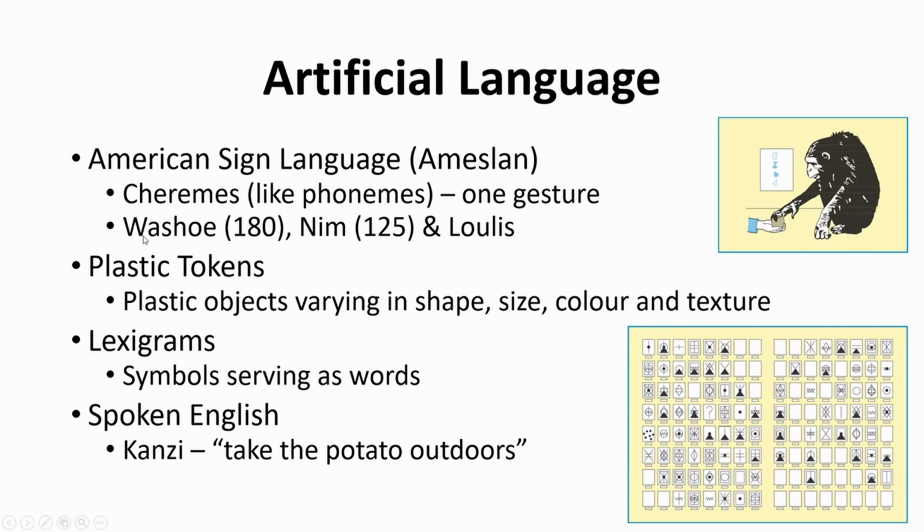gestural equivalents. So Washoe, Nim, and Lulis are 3 different chimps. They know for sure that Washoe has 180 different gestures that they've learned, Nim 125. I couldn't find any descriptor for Lulis, but they would test this by, say, giving a gesture and asking for an apple, and then if the ape passed them an apple, they would say that they understood what was asked